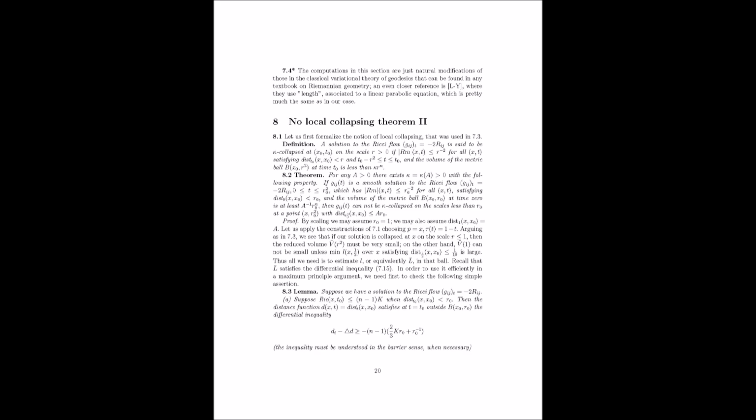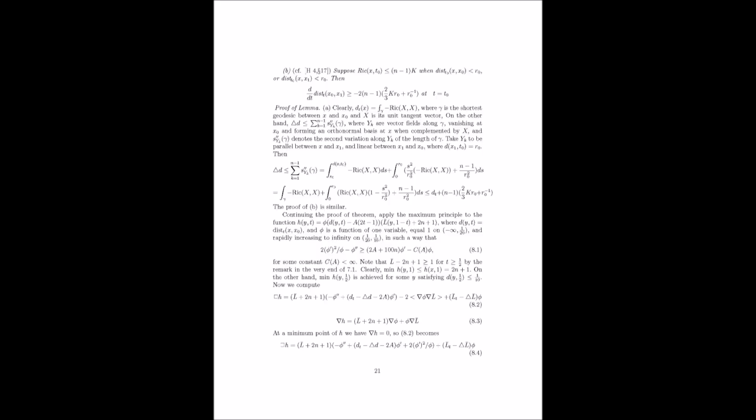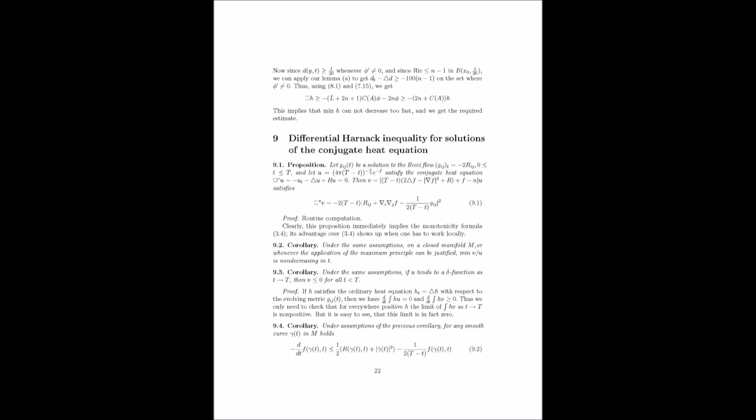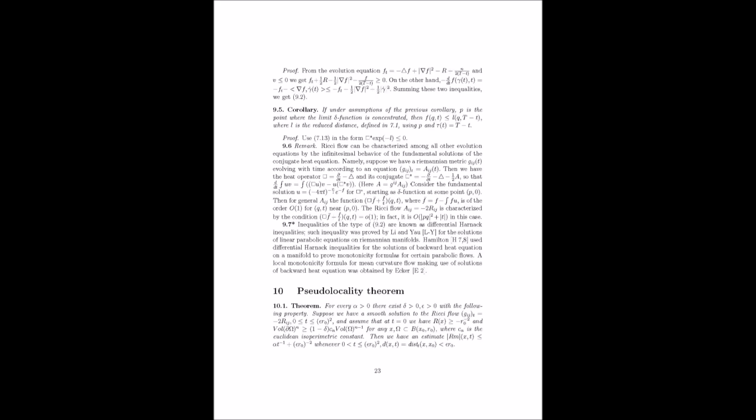Okay, I know we're running out of time, so let me just quickly go over the rest of Perelman's paper, just the main points. Okay, yeah, let's get the big picture. So in sections 8 and 9, he goes deeper into this no local collapsing idea. He gives different proofs, and he extends it to more general situations. He also connects something called the differential Harnack inequality to the fact that the reduced volume always decreases.